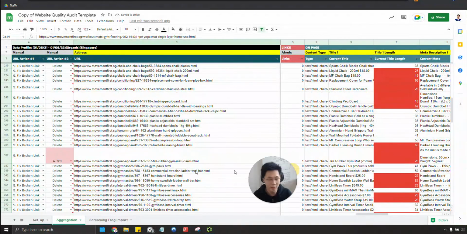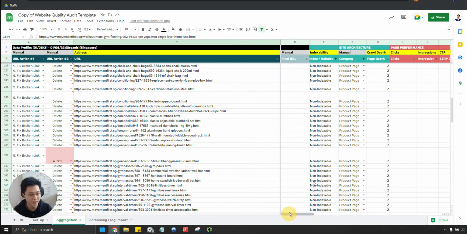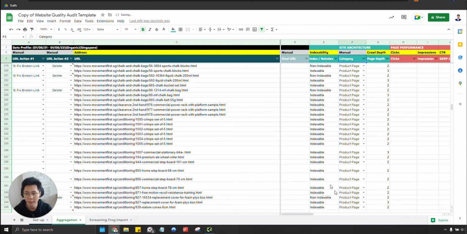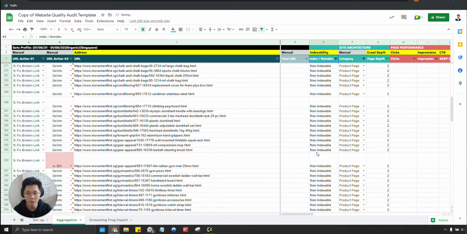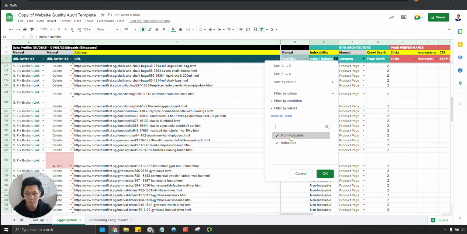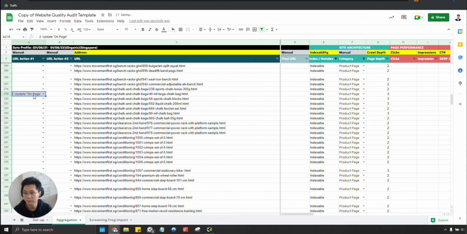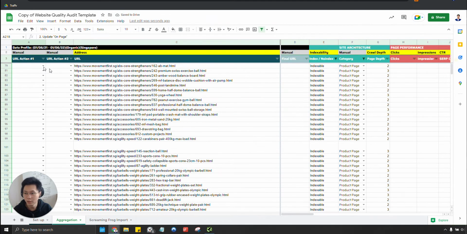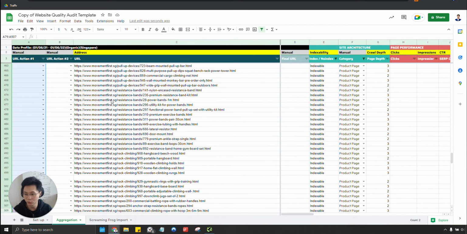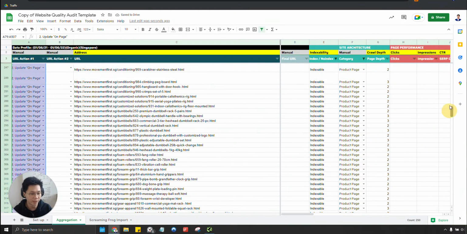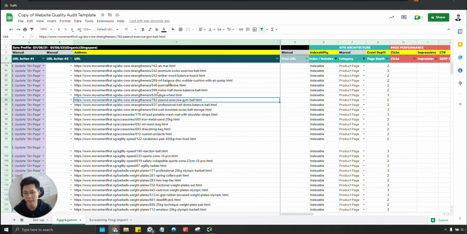So now, once we've done with the site, what we are left with is product pages, indexable. Yeah, so for all these will be update on page. Okay, so for all product pages, what we want to do is we want to do keyword research to see if we can map it. Okay, but again, the main problem here is we don't even have to worry about that first, because you can see